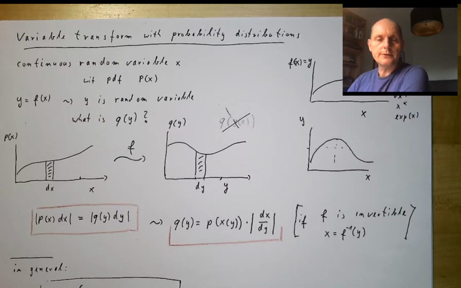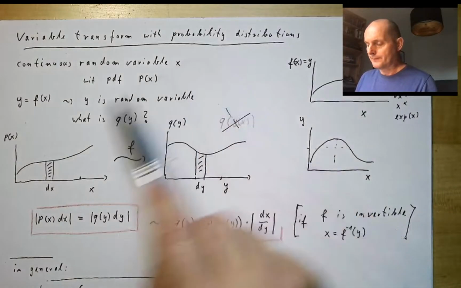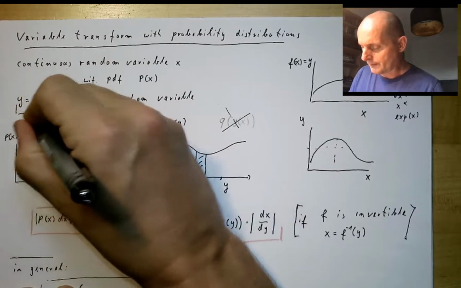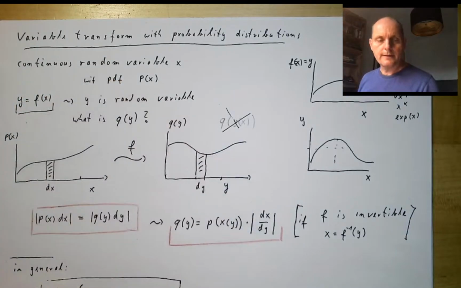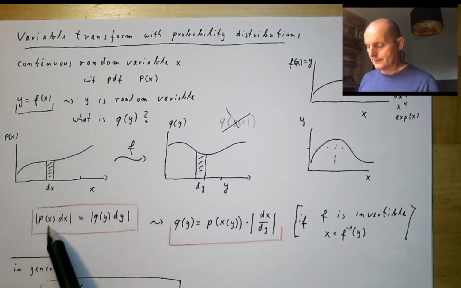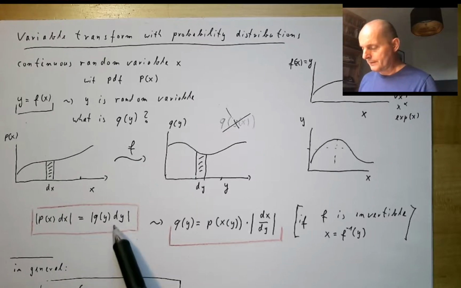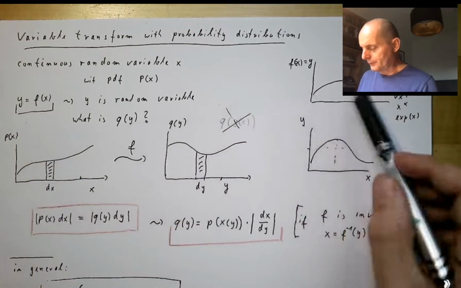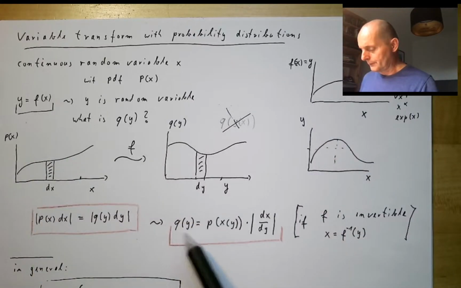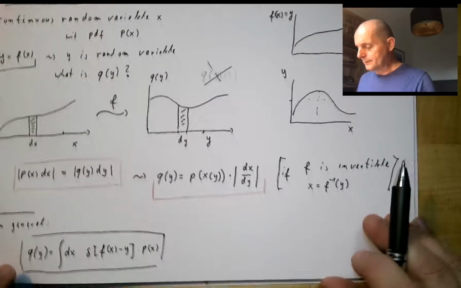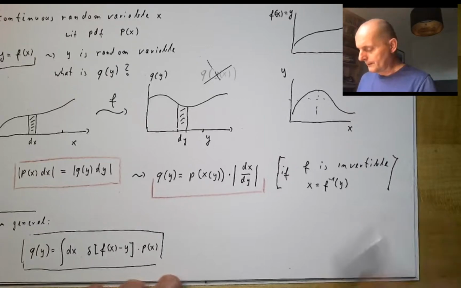In the last video I showed you how probability densities transform when the variable is transformed, y equals f of x. The main idea was that the probability of an event is invariant under the transformation, and then we obtain this formula. And if our function is invertible, we can solve this for q of y. And now, with this, there are two important applications,